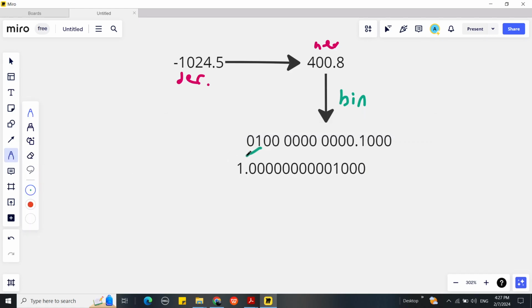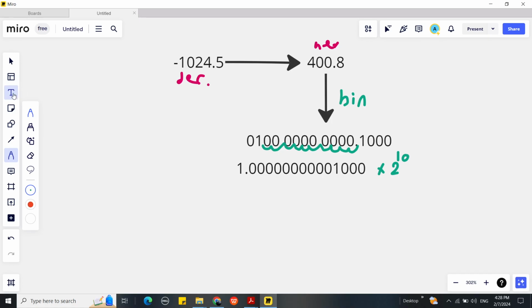Okay, so basically from this 1 till this 0, everything is copied, and now we get our number, but this is not everything. I need to multiply it by 2 power a, or 2 power 10, right? Because 1, 2, 3, 4, 5, 6, 7, 8, 9, 10. And this means